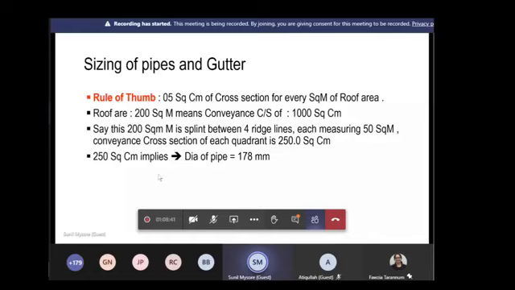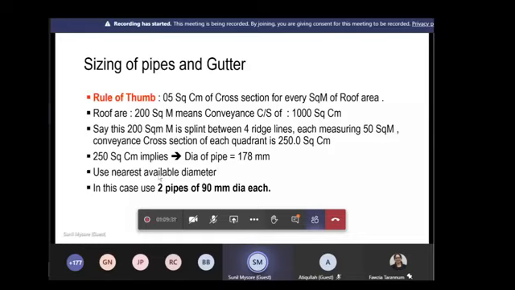That can easily carry this kind of water at 4 kg per square centimeter pressure. I hope I am clear. If any doubts come, I'll address them later, or if anybody has doubts, you can let me know. So this is how you actually size the pipe.